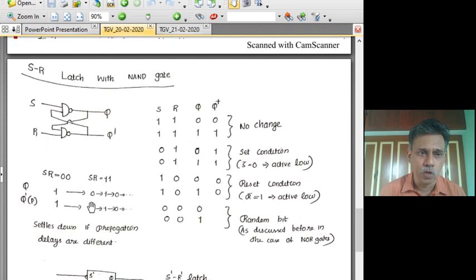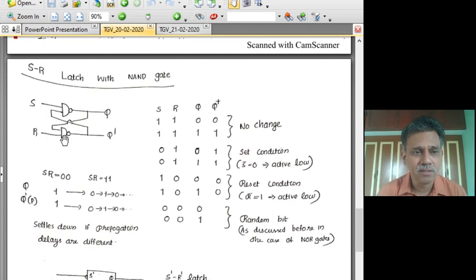both will take a value 0, 0, and because they have taken a 0, 0, a 0 here and a 1 here will make a 0 before the bubble and 1 after the bubble. Again they will quickly go to 1, 1 condition. So they will toggle between or switch between zeros and ones very quickly depending upon the propagation delay of these two NAND gates. So again they oscillate between 0 and 1, which is the next undesirable fact of this input condition.